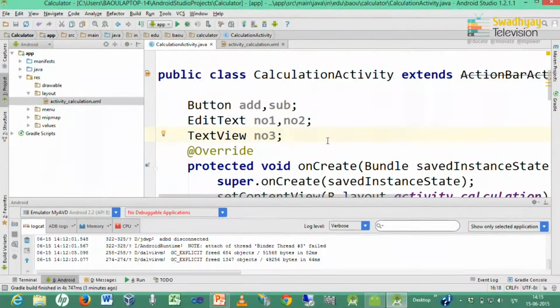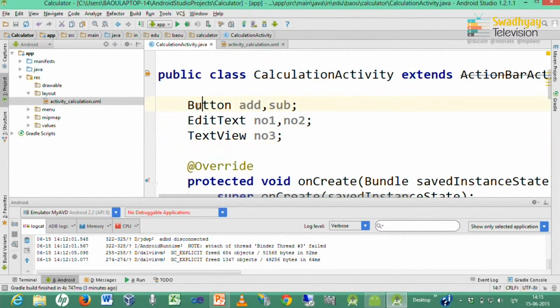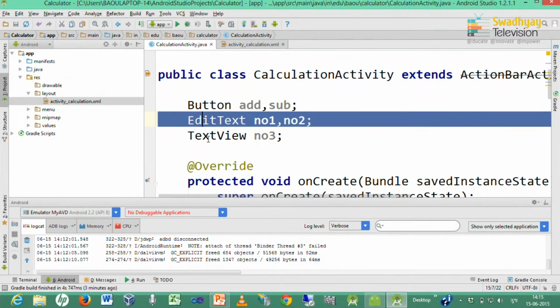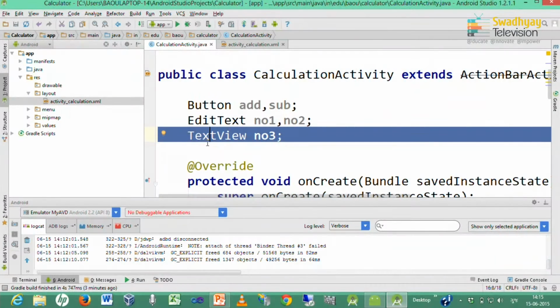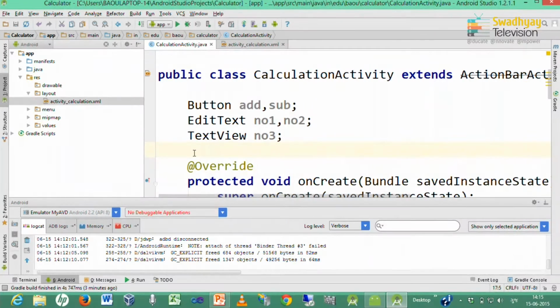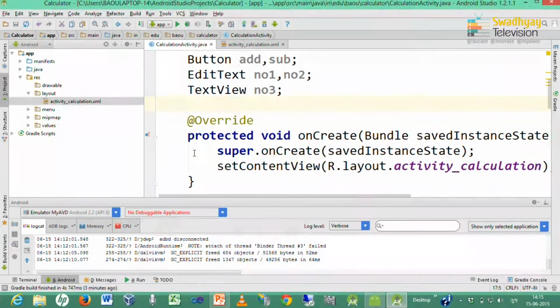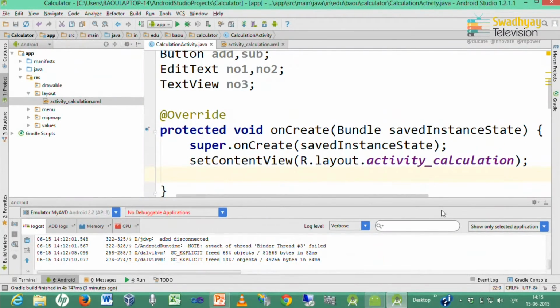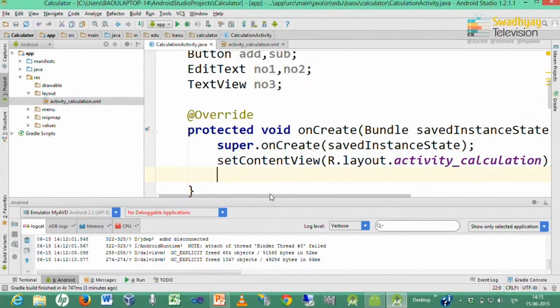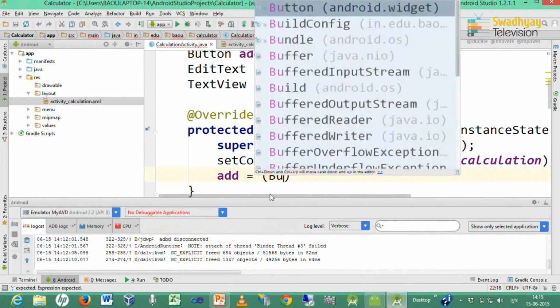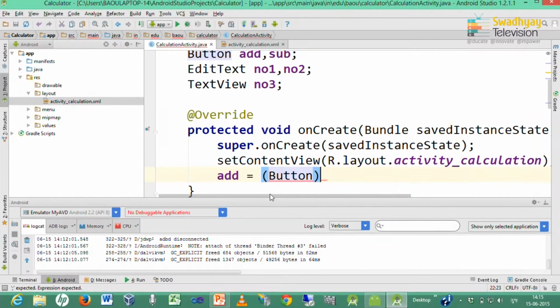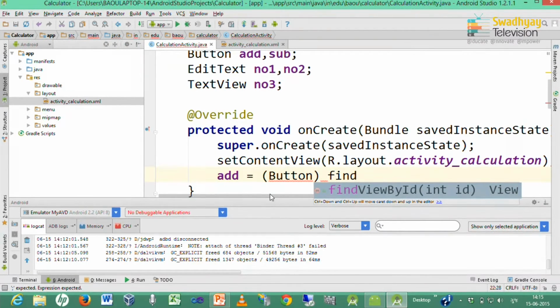So, first you have to declare the controls that you want to use in your program. I want to use 2 buttons, 2 edit texts and 1 text view in my program. So, first I need to declare all these controls that may be required in programming. Next we take reference to these controls. Now, our add button represents the button in our interface with name btn add.